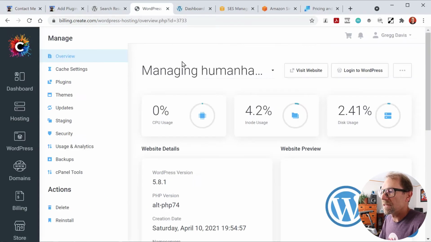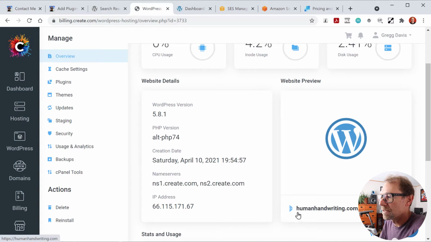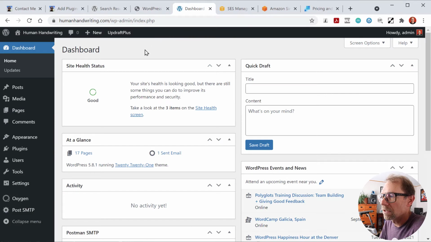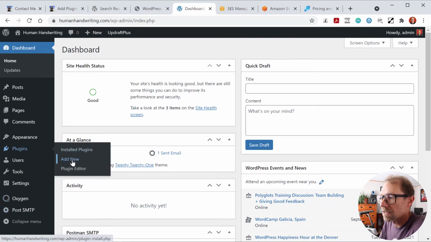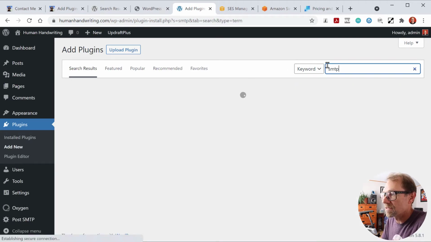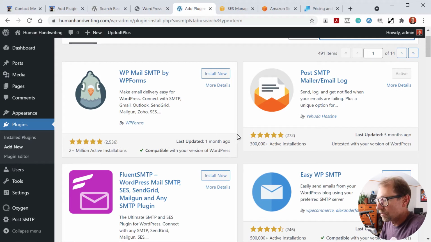First of all, let's look at a simple website. At my create.com example that we've seen before, humanhandwriting.com, this is just a default WordPress installation where I just have everything set up in the cPanel by itself, just by default. If I look in the dashboard here at the WordPress website, I'm logged in as the administrator, and I've gone to plugins and add new. I went over here, and if you just do a search for SMTP,